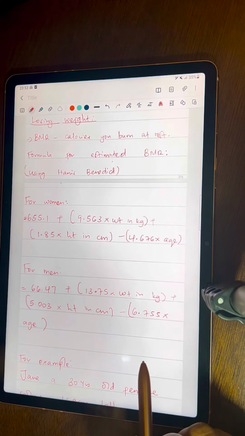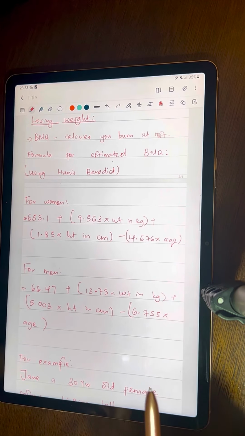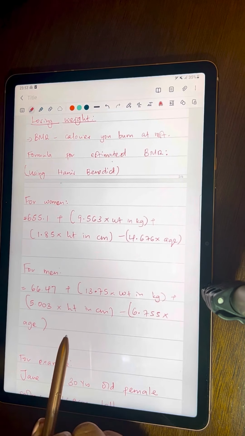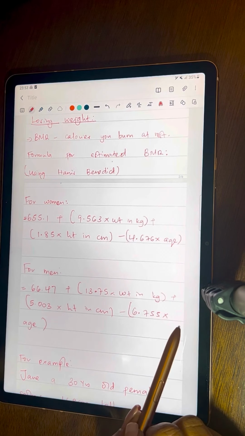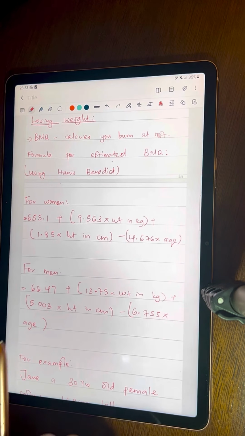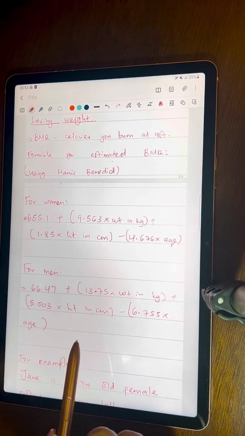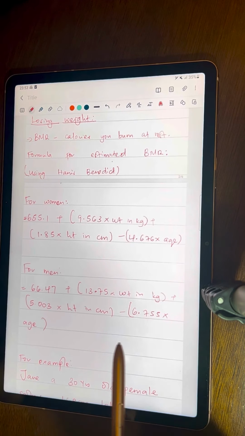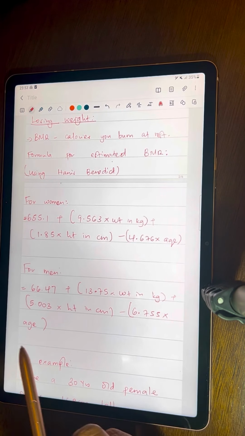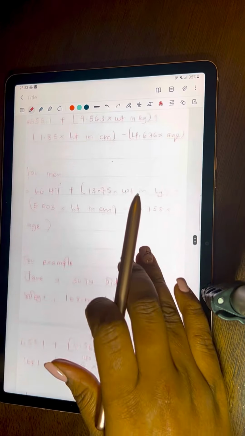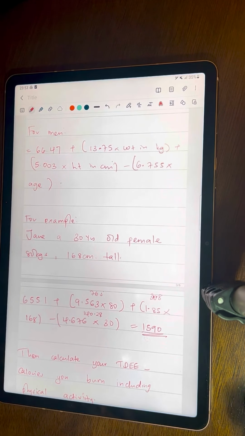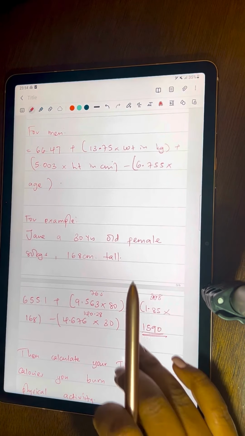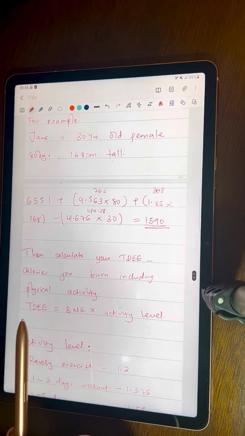Then we have a different formula for men, 66.7 plus, into bracket, 13.75 times weight in kg, into bracket plus 5.003 times height in centimeters, minus 6.755 times the age. So for example, if we have an adult Jane, female, 30 years old, 80 kgs, 168 centimeters tall, then the calculation is going to look like this: